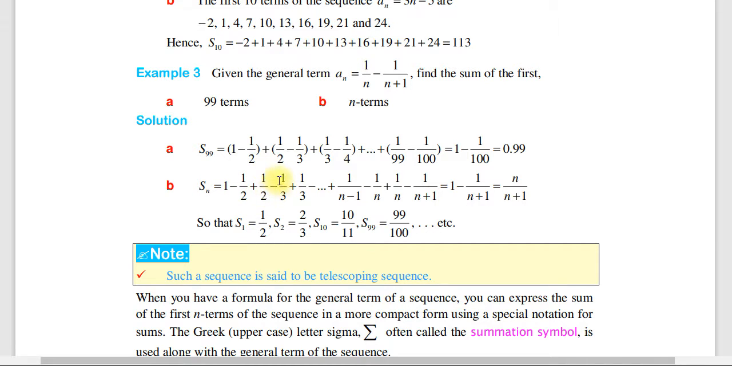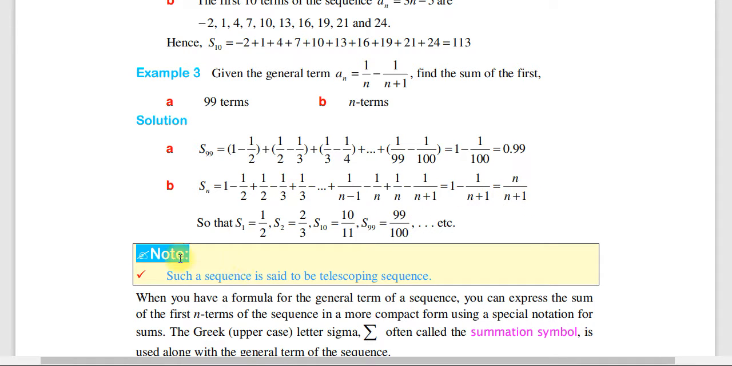plus 1 over 2 minus 1 over 3 plus 1 over 3 እያለ የሚቀጥል ከሆነ እርስ በርሱ እየተጠፋፋ ለምሳሌ -1 over 2 በ1 over 2፣ -1 over 3 በ1 over 3 እያለ እየተጠፋፋ እዚህ ጋር plus 1 over n minus 1 minus 1 over n plus 1 over n የሚሉ ነገሮች እርስ በርሳቸው ይጠፋፉና ፋይናሊ n over n plus 1 is Sn value ይሆናል ማለት ነው። So S1 ማለት 1 over 2 ነው፣ S2 2 over 3፣ S10 ማለት 10 over 11፣ S99 ማለት 99 over 100 ይመጣል ማለት ነው በዚህ ፎርሙላ መሰረት።